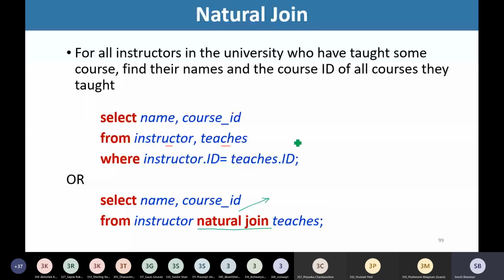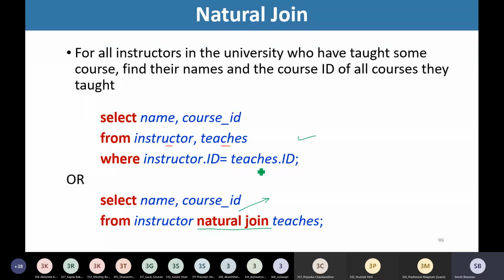But in the first form of the query, we are computing the Cartesian product of these two relations, and then in the where clause we provide the predicate to match the common attribute from these two relations.